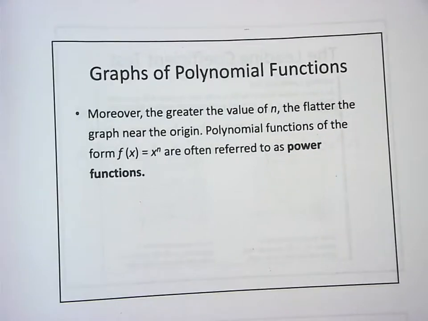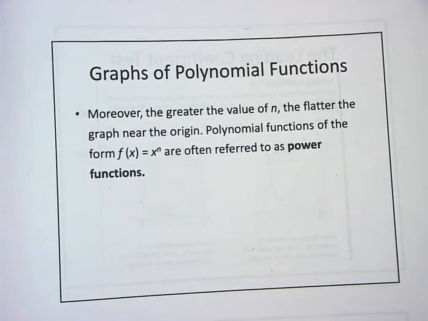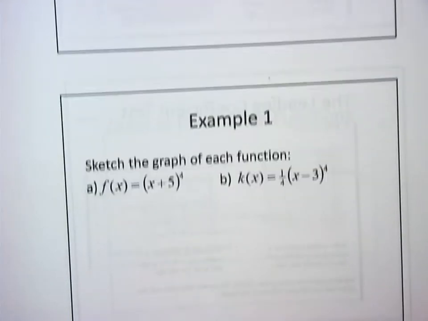Now these are also sometimes called power functions, when all it is is x to one power, when it's nothing else tacked onto it. You might have a coefficient on it, but they're not going to have something like x to the fifth plus 3x to the fourth minus 8x to the third. Those are just basic power functions. So if I have a basic power function that looks like these,